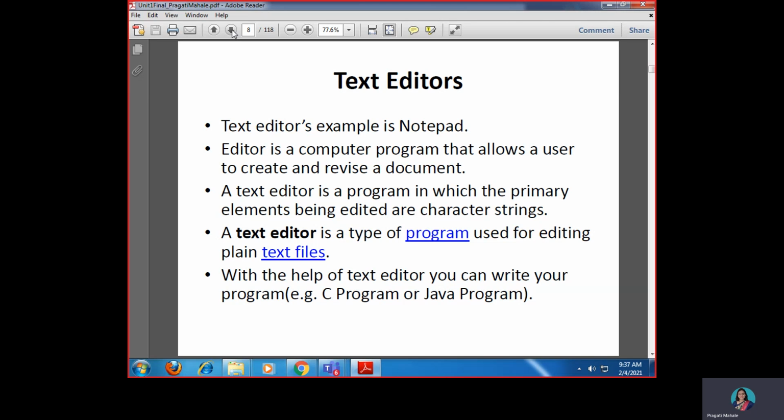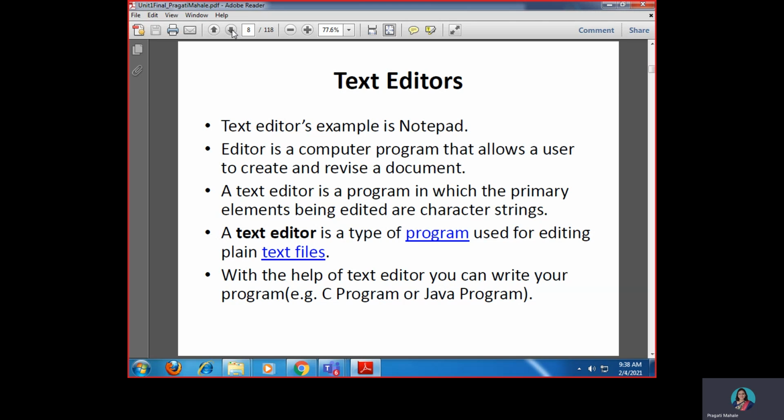Few functionalities are provided. So an editor is a computer program that allows the user to create and revise a document. So you can create a new document and carry out some basic functionality related to editing of the text document. The text editor is a program in which the primary elements being edited are characters.